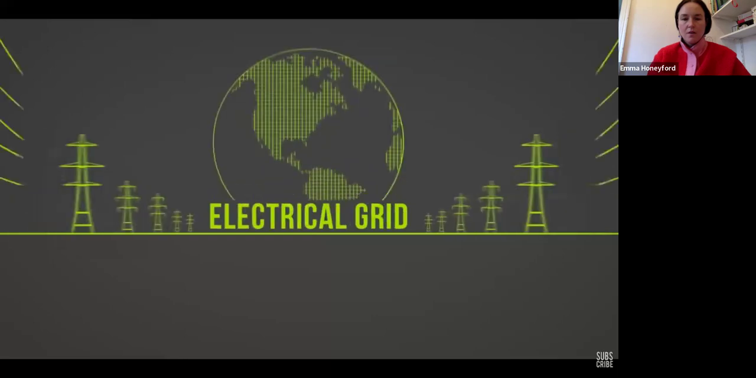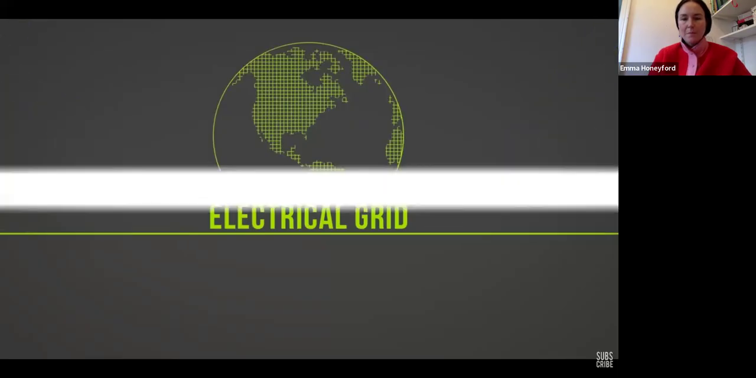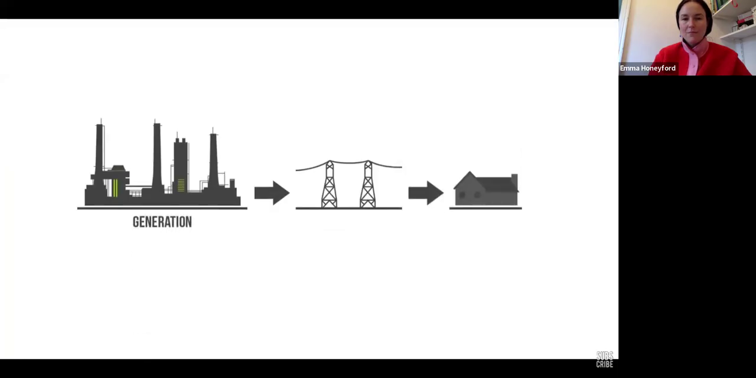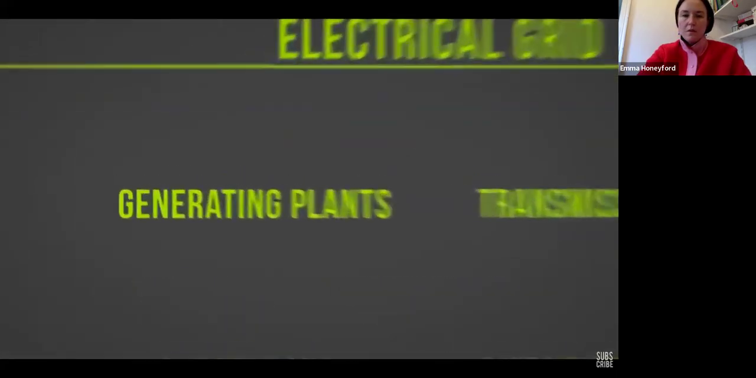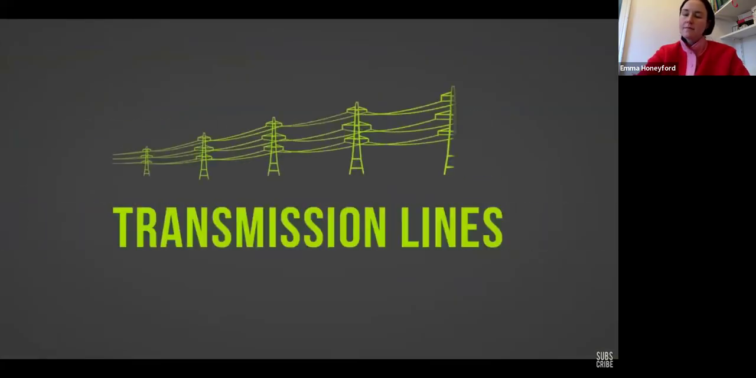The electrical grid. The electric grid is the network through which power is generated, transmitted, and distributed to consumers. The electric grid is broadly made up of three main components: generation, transmission or distribution, and consumption. There are several key pieces of infrastructure that are built to support the delivery of electricity to consumers. It is comprised of these components: generating plants, where electricity is produced; transmission lines, infrastructure that allows electricity to be